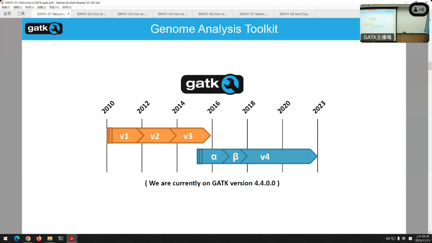This is a little bit of an overview of the timeline. I mentioned GATK was first introduced to the world in 2010. So we're 13 years old now. At this point, this is even an older slide. We are now into version 4 of GATK. I think 4.5 is coming out very soon. So we'll hopefully continue to keep providing you software for at least the next